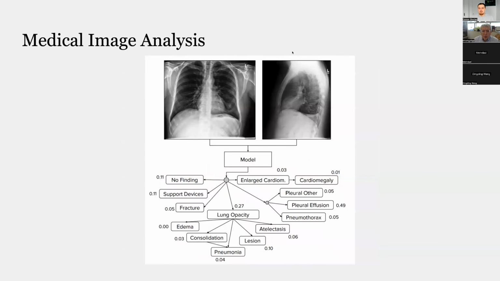So another thing that made a lot of sense to me was medical image analysis. Say you're comparing chest x-rays and you want to do prognosis, like predict how the COVID-19 will evolve, because I think it's mostly a lung condition. So seeing how this is going to evolve by looking at these medical images made a lot of sense.